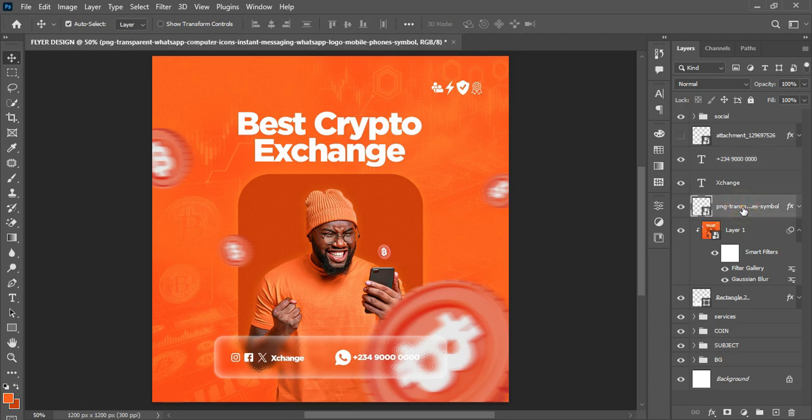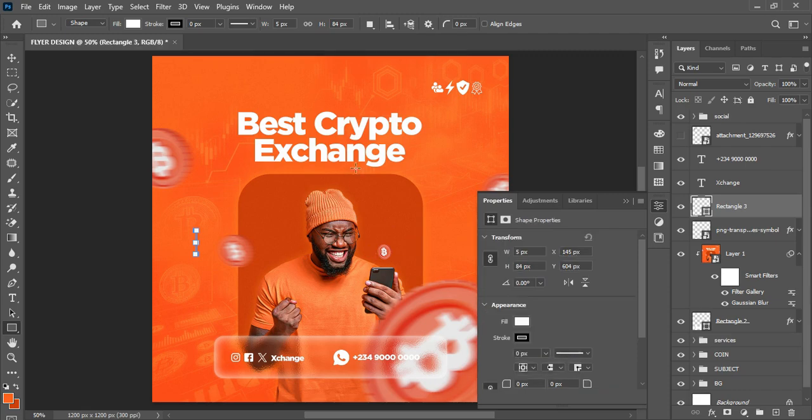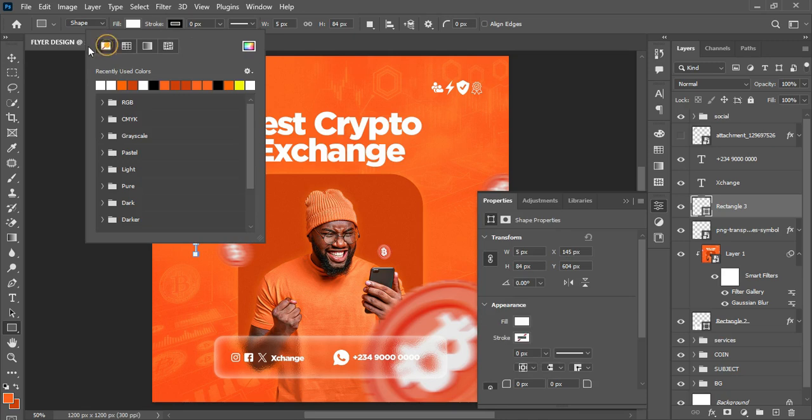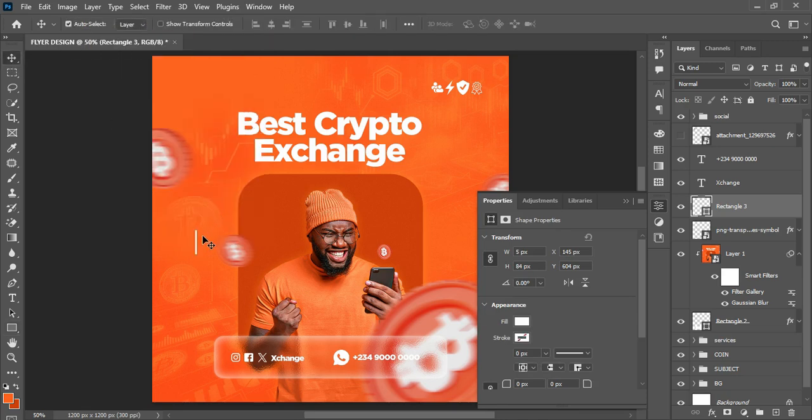So adjust this as well and select the rectangle tool and create a tiny rectangle of something like this. Okay, and with a fill color, stroke should not be enabled. A fill color of white. So we can place this around somewhere here like this. Okay, so align this to the center like this. Okay,